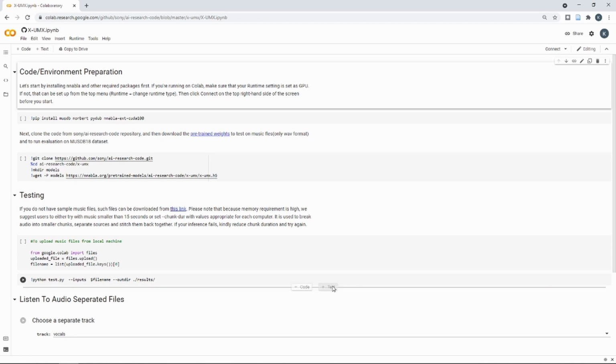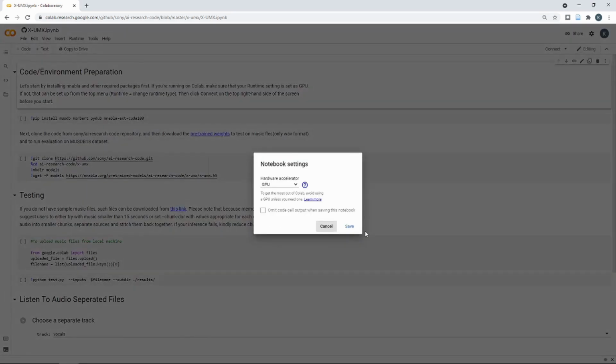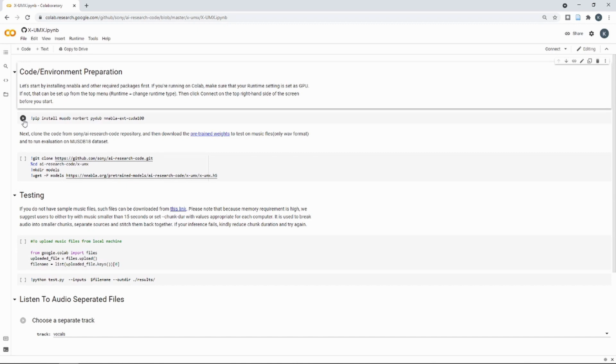So let's get started with this Colab notebook. First, we will have to do some preparation in order to run our model. We will set the hardware accelerator as GPU. It's set, save. Now we will download the required libraries to run this notebook.